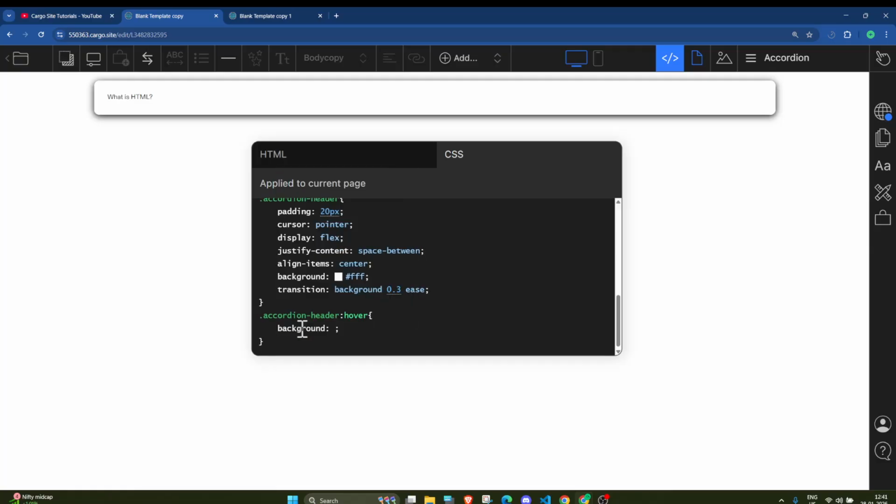Background, I will make it light blue. Now when I hover on this, it changes. But it is not changing smoothly, because I need to add s here, basically 0.3 seconds, and now you can see it is changing smoothly. So this transition code makes the hover smooth, and you can make it 1 second as well if you want to increase the timing, but for now I will make it 0.3.